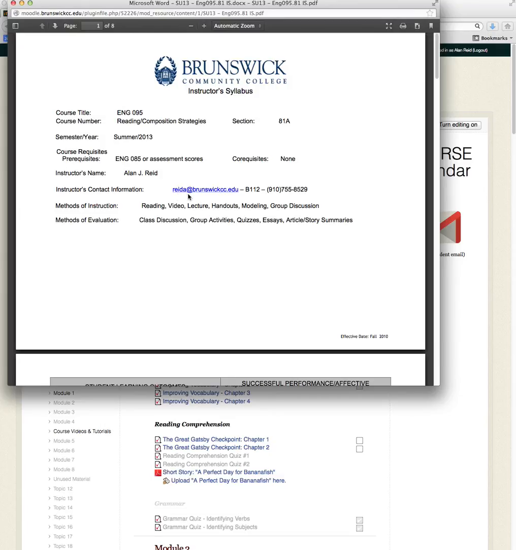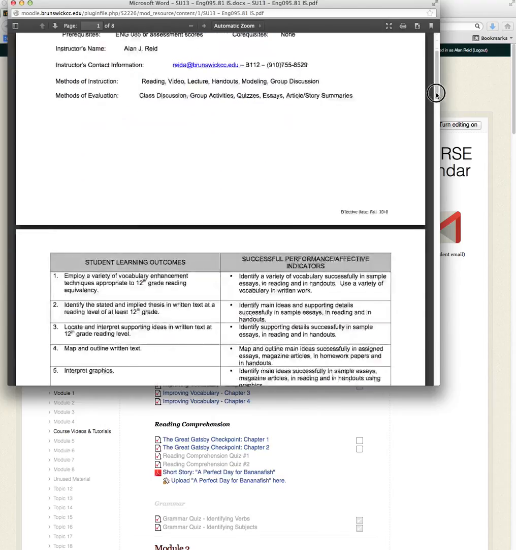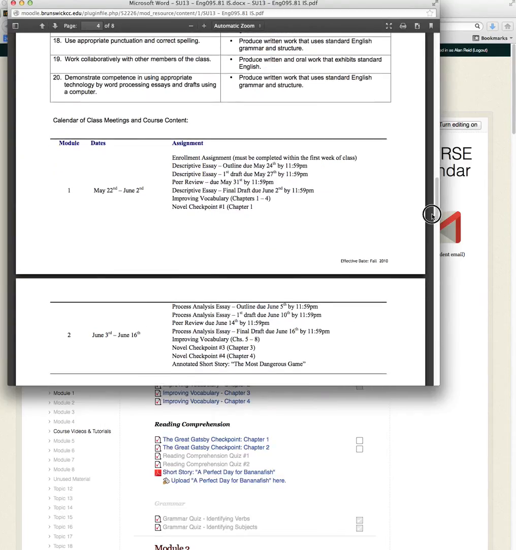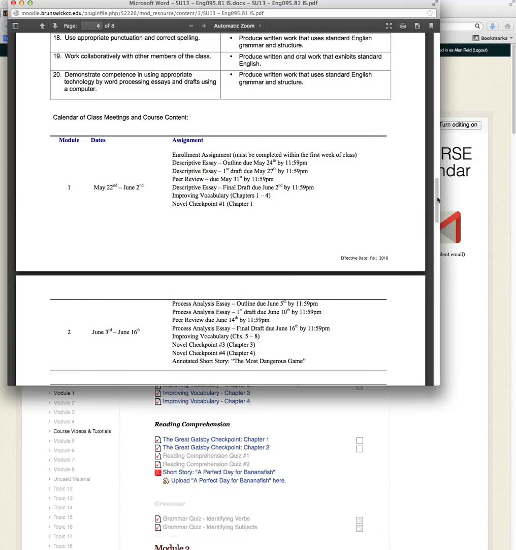reida@brunswickcc.edu. I'm not on campus this semester. I'm at home, so this phone number is not going to work. I'm not going to be there. Let's take a look. Let's scroll down to, here's a course calendar, so it gives you all the due dates